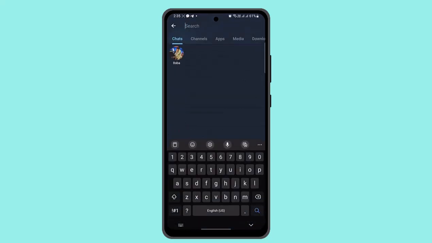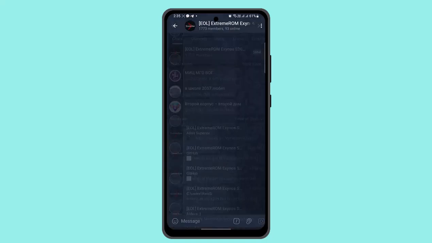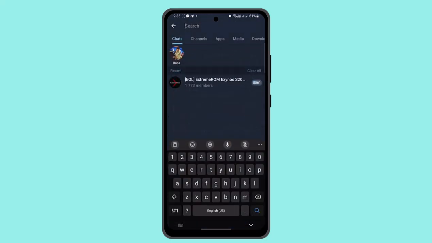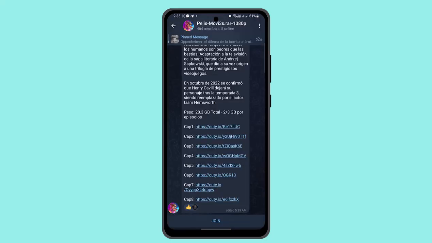So what you want to do is go ahead and type in for any group. And next thing, you could go with the link, and let's see, I'm gonna go with something else. So as you can see at the bottom of the page, you have to join the group or tap on the join option. Now for the private groups, you will need to have an invitation from an existing member of